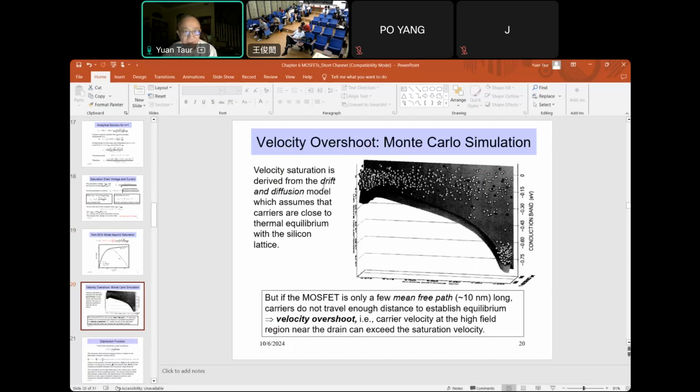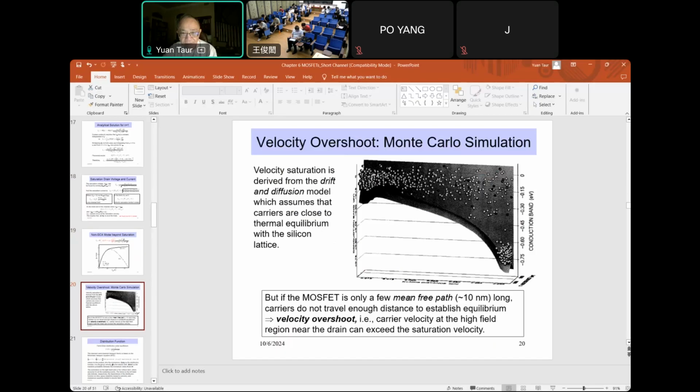Okay, now, so far, we are still under the regime of the drift diffusion model. Drift diffusion means that the carriers are close to thermal equilibrium, and so we can apply the Fermi-Dirac distribution function. But when the MOSFET is very short,